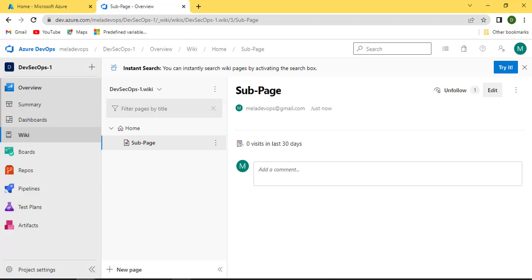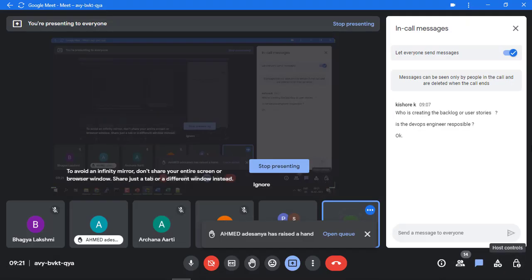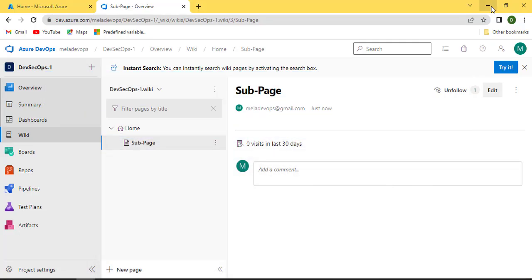Okay, there's some question. Is the DevOps engineer responsible for wiki creation? I'm the one raising my hand. Regarding this, is it kind of like a personal project or documentation you're going to be putting there, or is this documentation that has to do with the company, such as putting documentation in Confluence? I can't really understand that part.